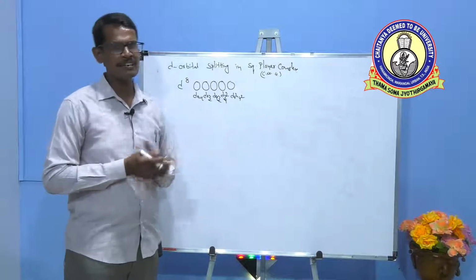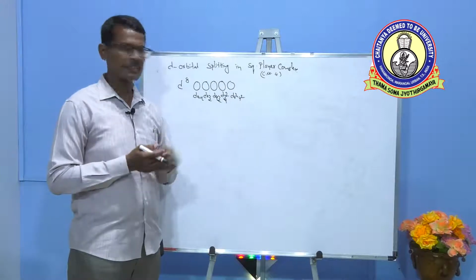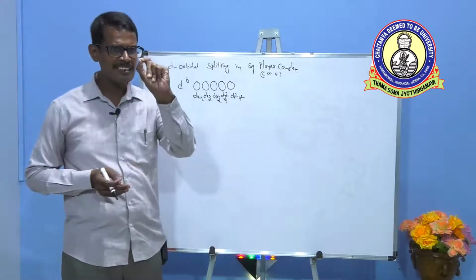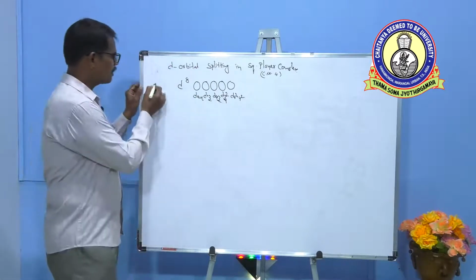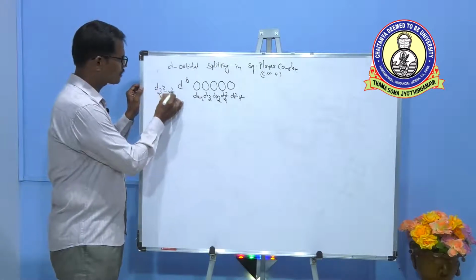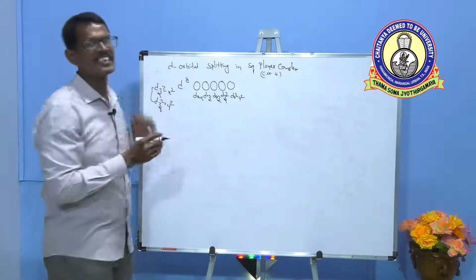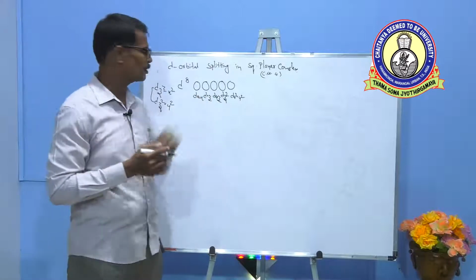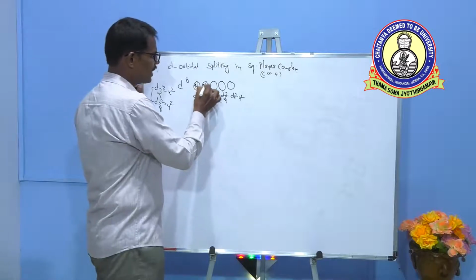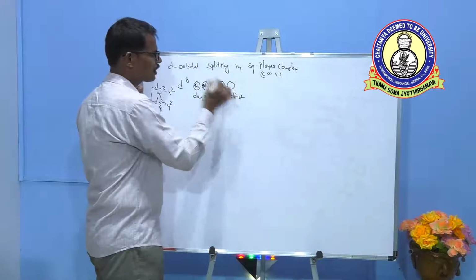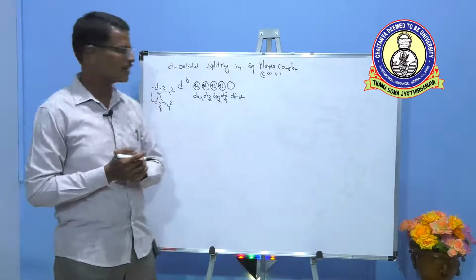So if all orbitals are the same energy, we can write in any order, but here, compared to the remaining orbitals, the dz square orbital may contain slightly less energy. These 4 are atomic orbitals, but the dz square orbital is a linear combination of dz square minus x square and dz square minus y square. Combination of these two forms the dz square orbital, so slightly less energy. So 8 electrons are present. In presence of strong field ligands, the 8 electrons are paired in the first 4 orbitals. So there is no electron in the dx square minus y square orbital.